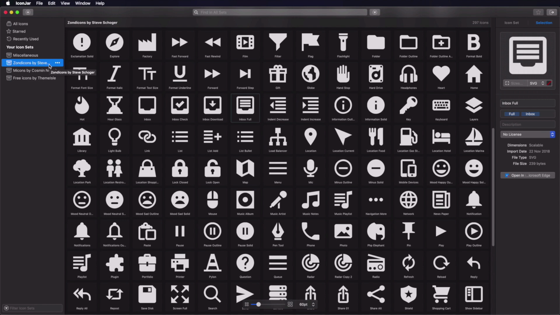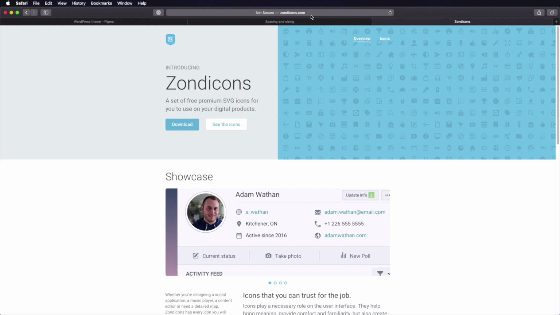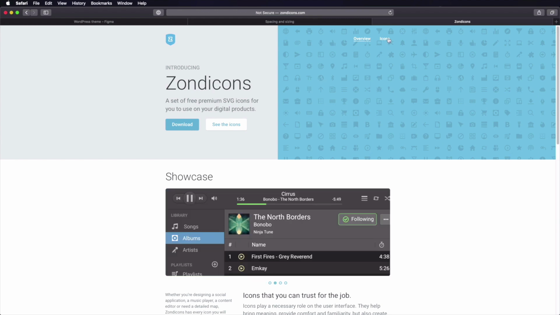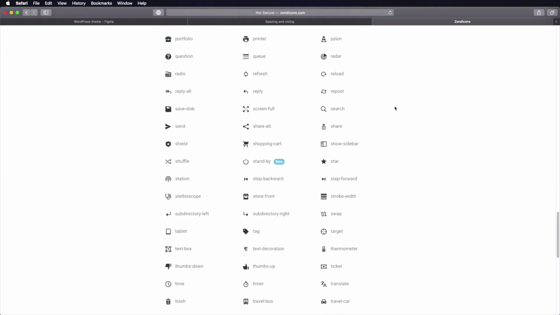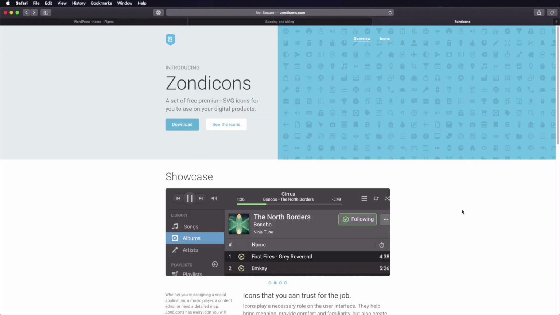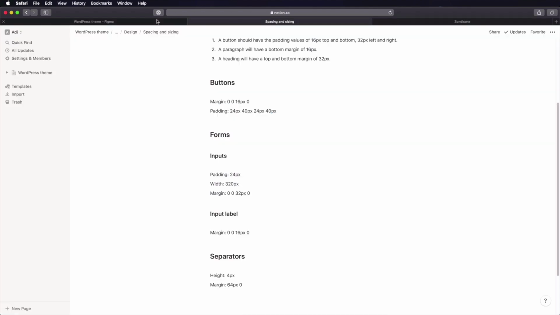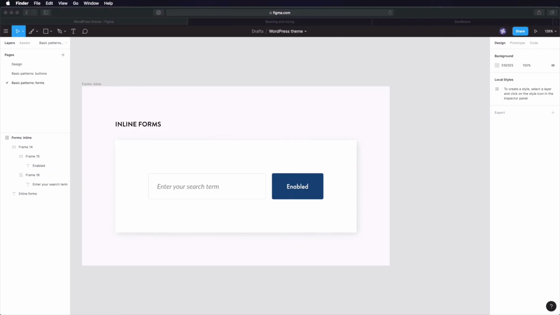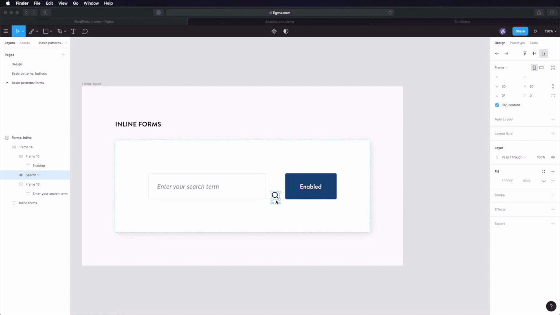This is a free icon set. You can find it at zondicons.com. You can also see the full set here. It's a nice little set, but obviously you can use whatever icons you want. So I've already downloaded the icon, and I'm simply gonna drag it in, and I'm gonna move it,